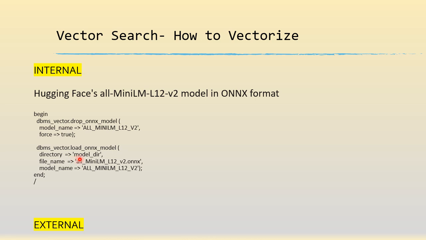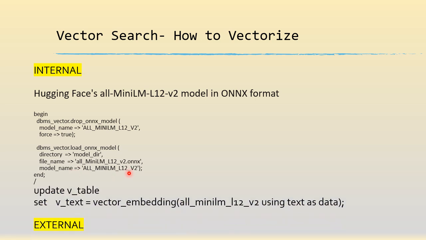In my case, I have defined it as model underscore dir. So you drop that .onnx file and then name this model, and once you have loaded the ONNX model, you can use that in your query. So you update the same table, use the command vector underscore embedding, this is the model name, using text, which is your column, as data. So what will happen? You will be able to update the vector column with the coordinates 1, 1, 2, 2,